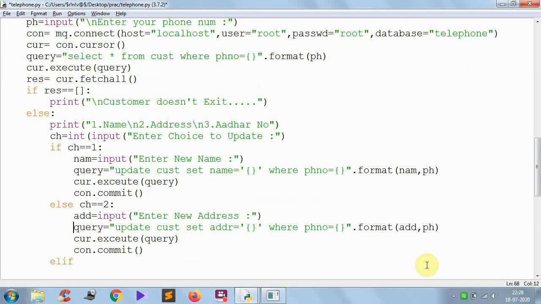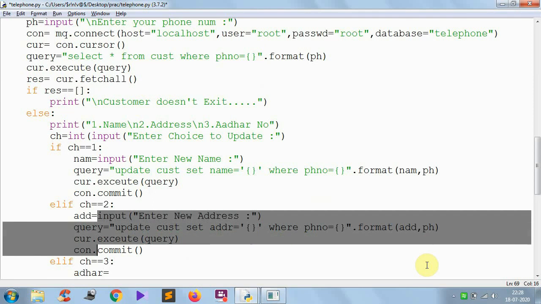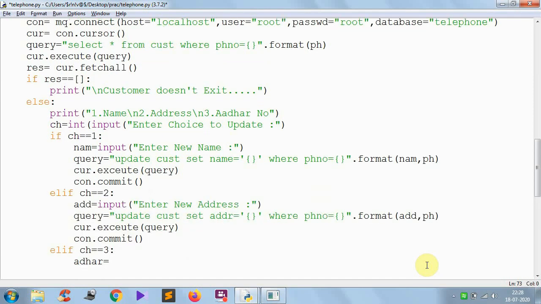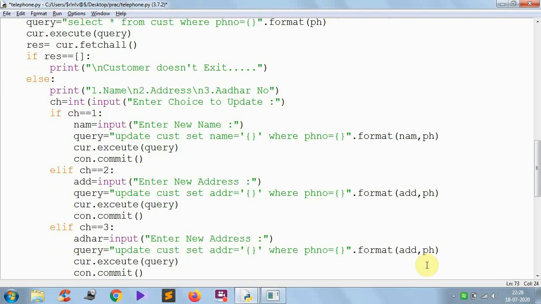Sorry, here it's not an else, it is elif, because I am checking the condition. Elif ch double equal to 3. Now I want to update the Aadhaar. Set ADHR Aadhaar equal to, same logic here. The only difference is that here you are updating the Aadhaar value. Set ADHR, Aadhaar equal to ADHR